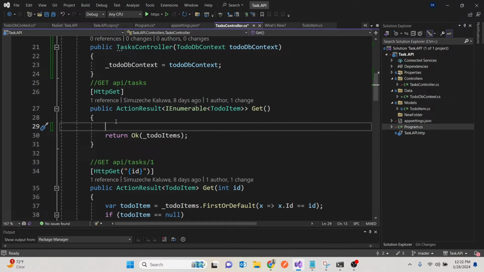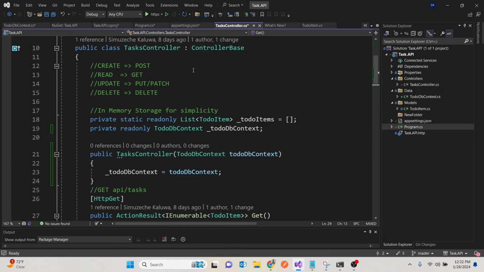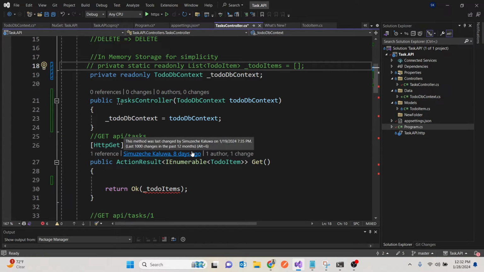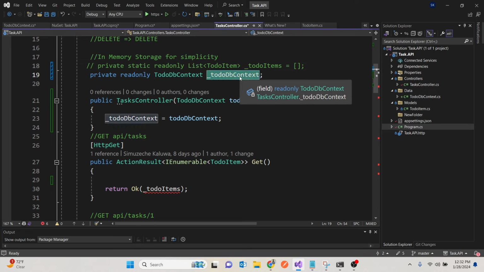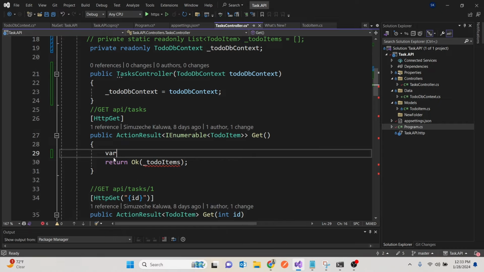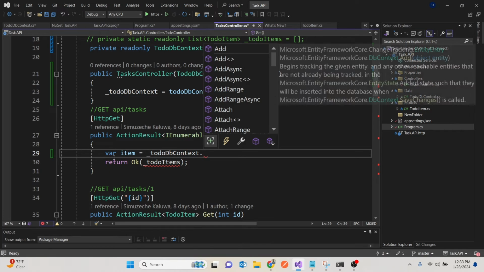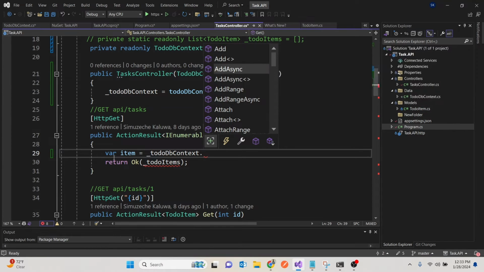Now, to show you that we're not using the memory, I'm going to comment it out. For us to use our database, we will use the context, and the context is very simple. To get all items, I'll say var items is equal to the context. In the context, there are database sets. Dot. The set here could be,